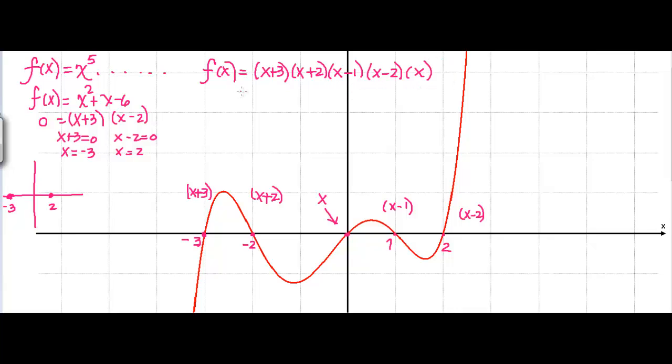How do I find the end factor? Well, you have to multiply all of this out. So let's start multiplying these two first. And I get x squared plus 5x plus 6. And now I multiply this times x minus 1 times x minus 2 times x. Let's do these two now. And I get x cubed